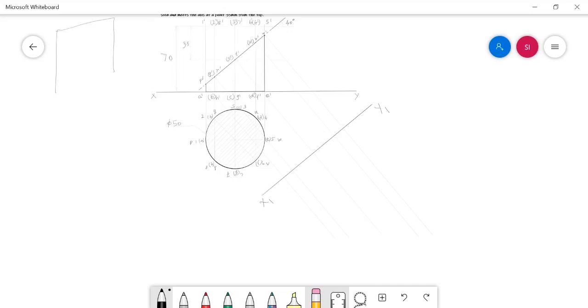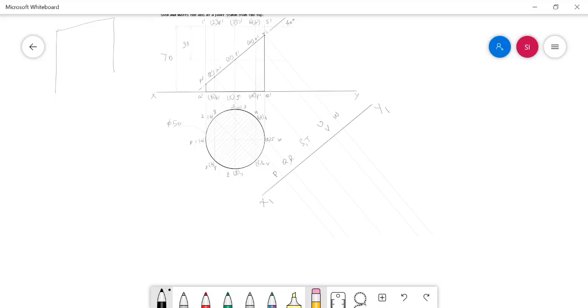Now we have to mark the cut points in their respective projector. For your understanding purpose, I am noting them here. That is, this projector is for the point P, and that projector is for points Q and R, and this one is for S and T, and here it is for U and V, and finally it's for W. So you have to measure the distance between each cut point and the XY line, and mark the same distance for the same cut point in their respective projector from x1 y1.